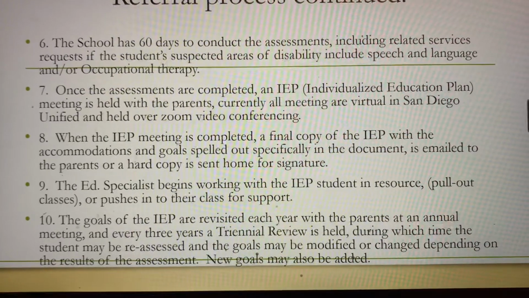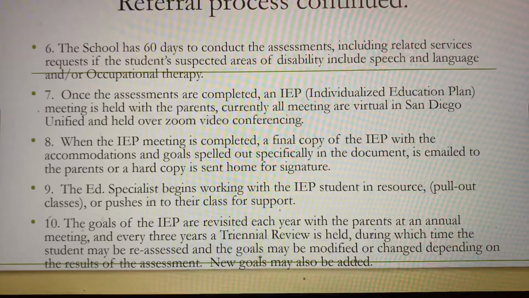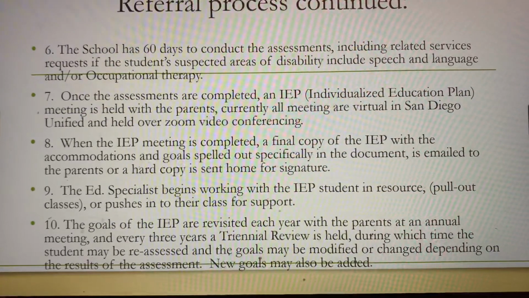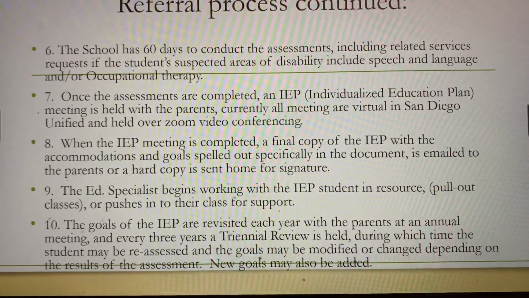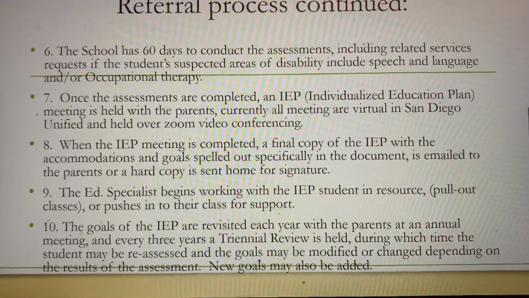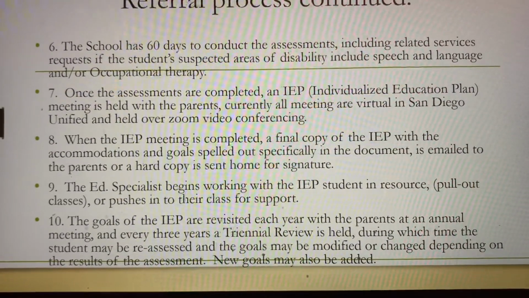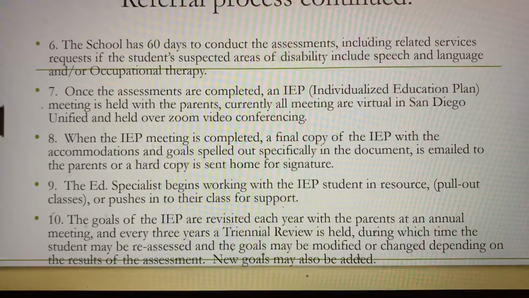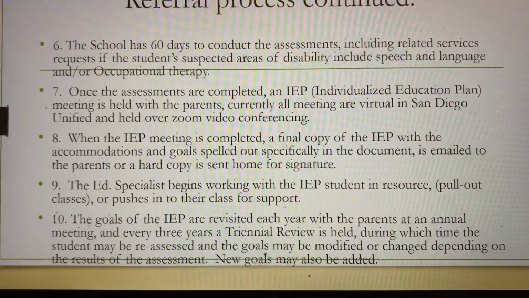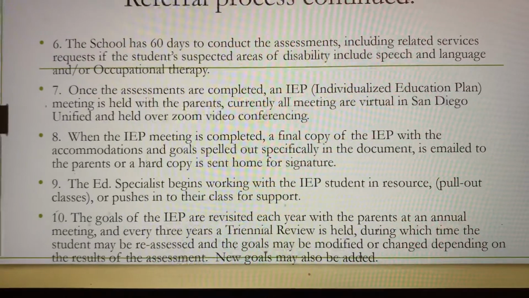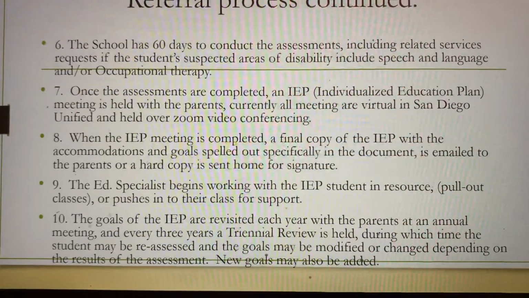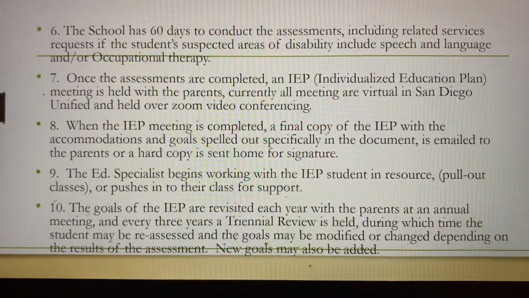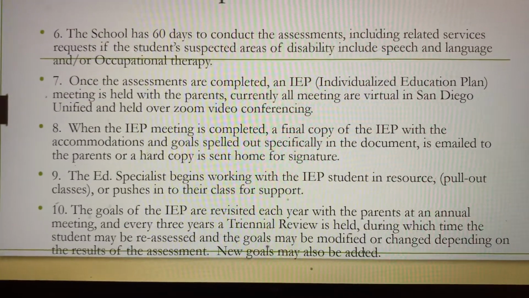When the IEP meeting is completed, a final copy of the IEP with the accommodations listed and the goals spelled out specifically in the document is then emailed home to the parents, or a hard copy is sent home for signature. The education specialist then begins working with the IEP student in resource, either pull-out classes for support and help in math or English or reading or writing, or the ed specialist pushes into the general education class to support